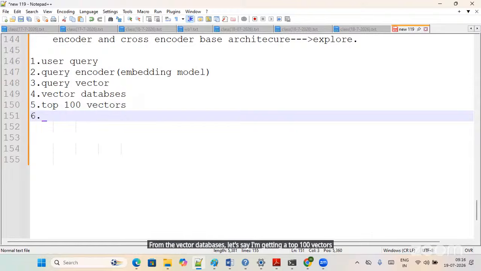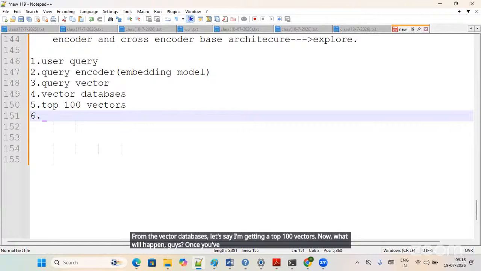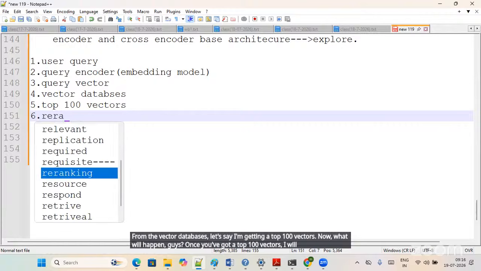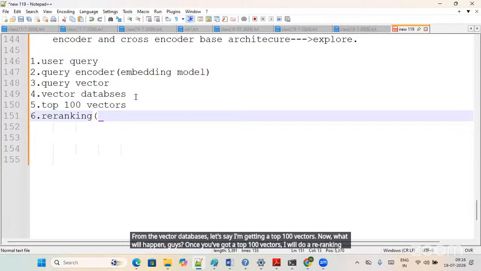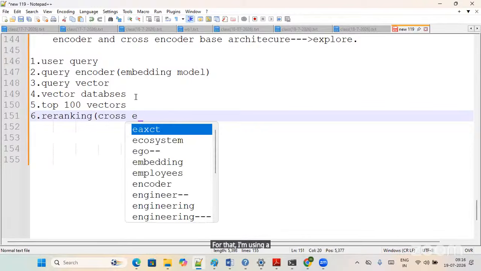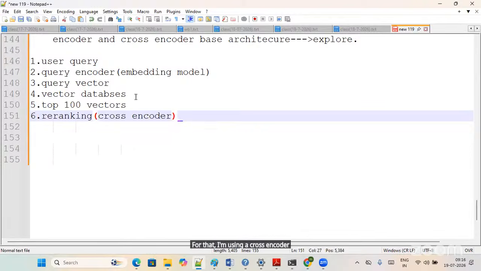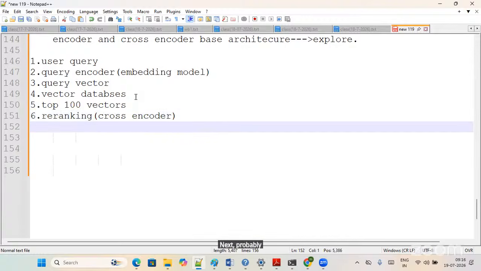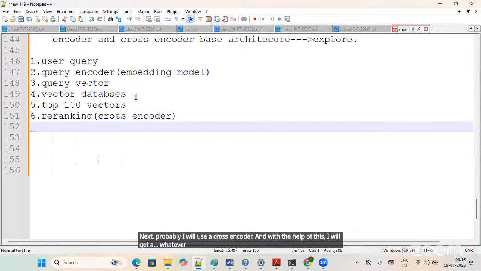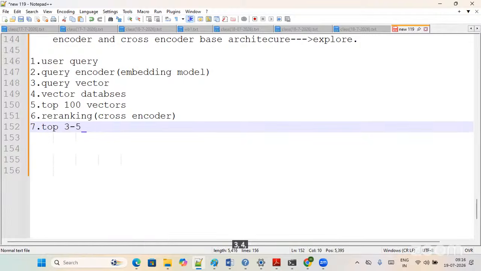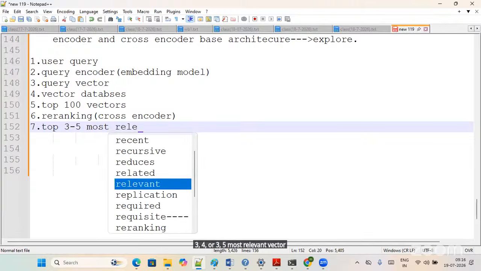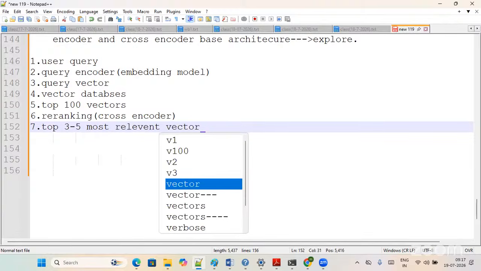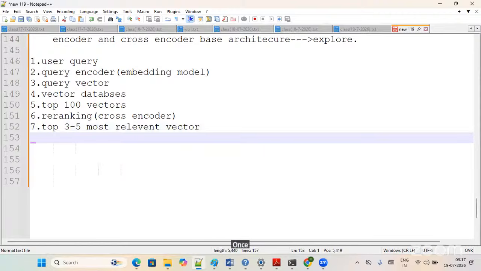Now what will happen, guys? Once you have the top 100 vectors, I will do a re-ranking. For that, I'm using a cross encoder, and with the help of this, I will get the top 3, 4, or 3, 5 most relevant vectors. Once you have the most relevant vectors,